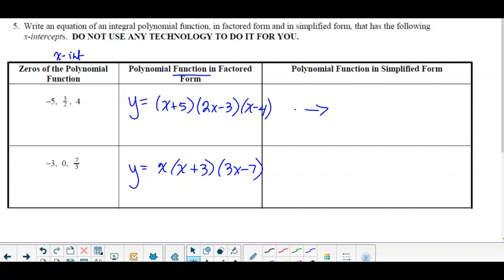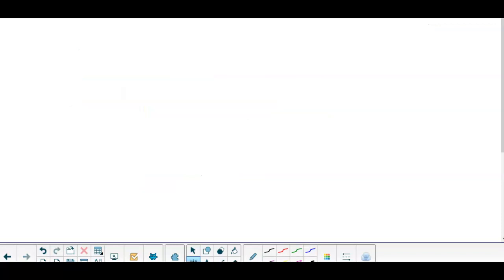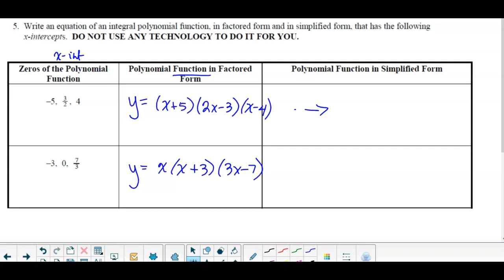But what if we had a squared on one of the factors? Then that would be considered to have a multiplicity of 2 at that x-intercept. If it had a cube, multiplicity of 3. And there's a shape that is associated with each of those repeated factors. So that's what is in the next note sheet, so I'm just gonna